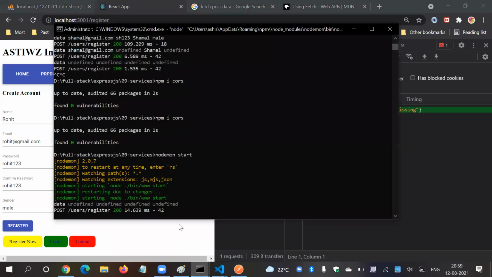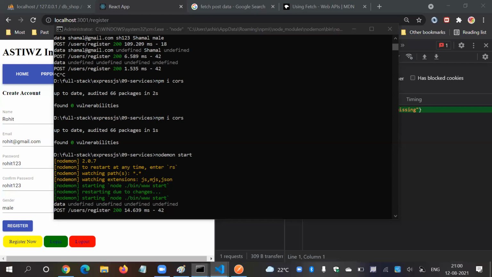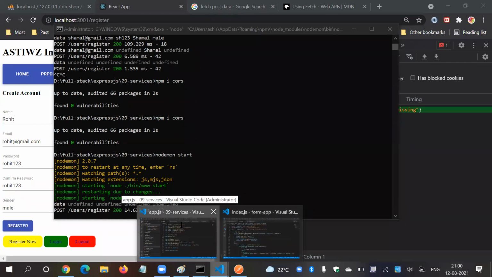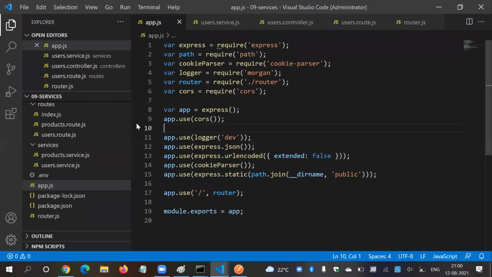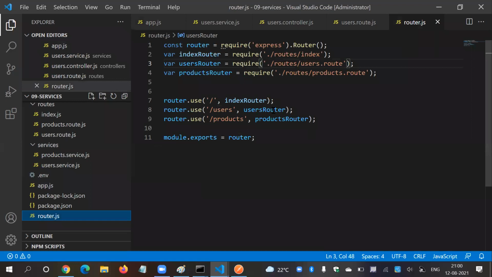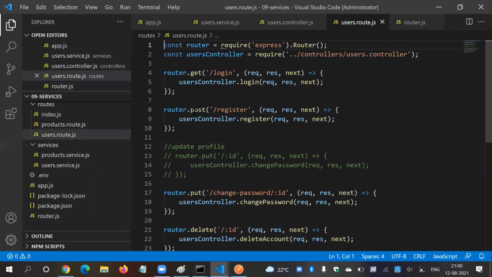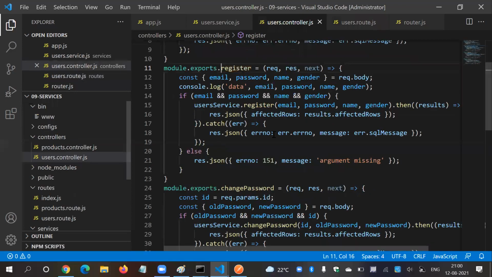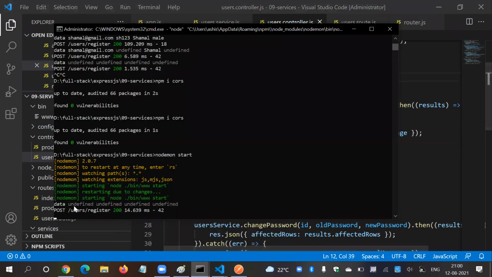So just go to our page and you will find everything is undefined, undefined. I don't know why, but let's see why it is like this. So let's go in our backend. So in the router, we are going to use a router in this file. Then post register. So register request, response. So we have request.body: email, password, name, and gender. Let's see what we are getting. We are getting nothing.